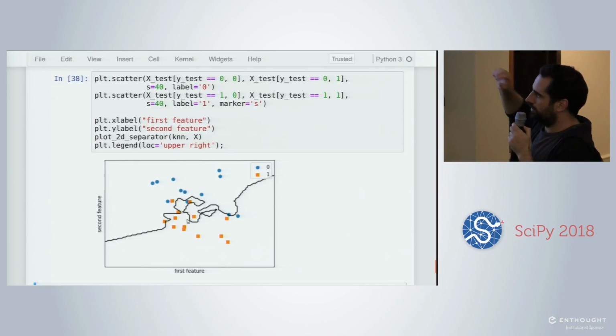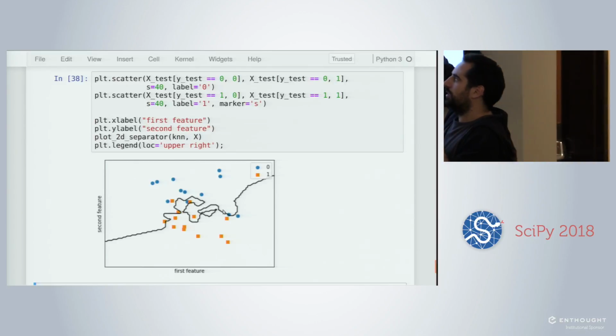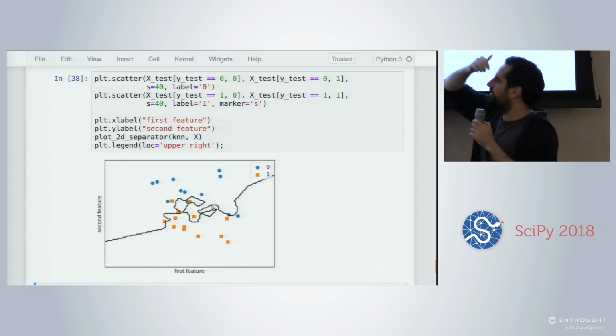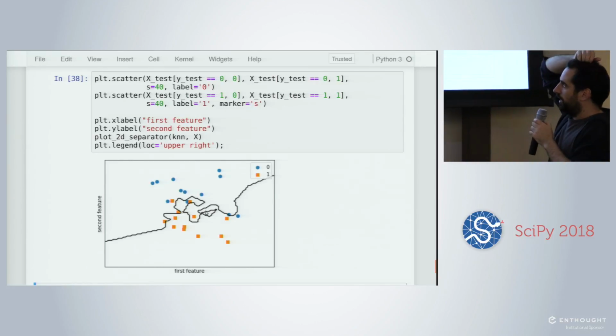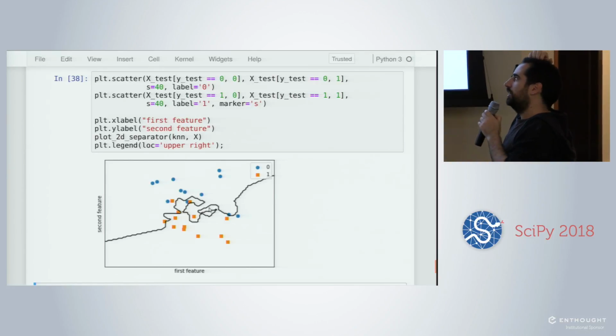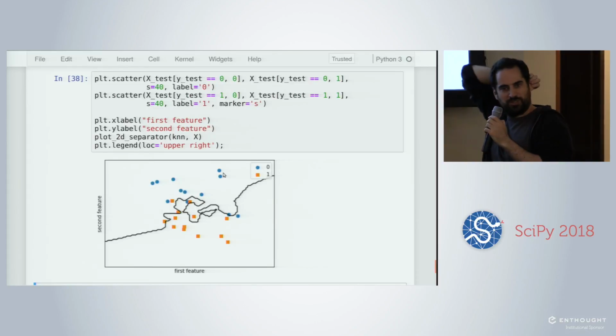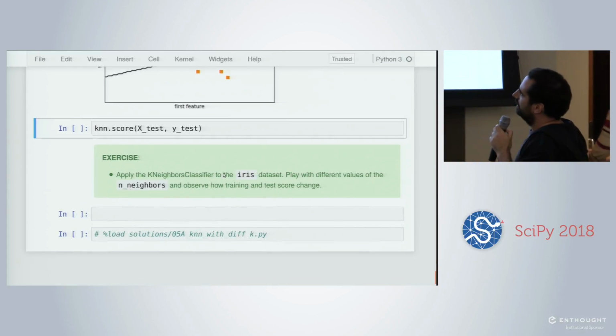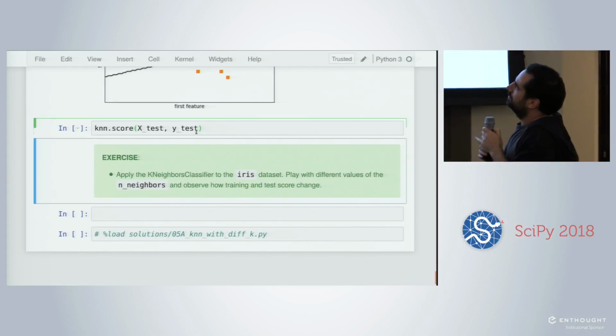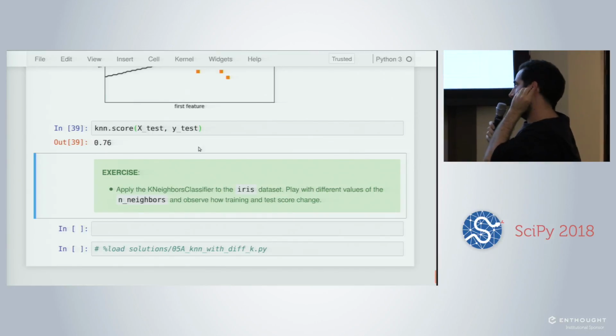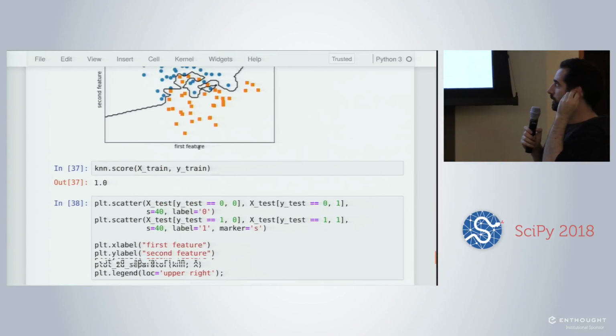If you use 30, you see that the decision boundary is getting smoother, and it actually looks like a straight line. So in that case, it's going towards the optimal model. It's not a guarantee, but in that case, a higher value of n_neighbors is better.